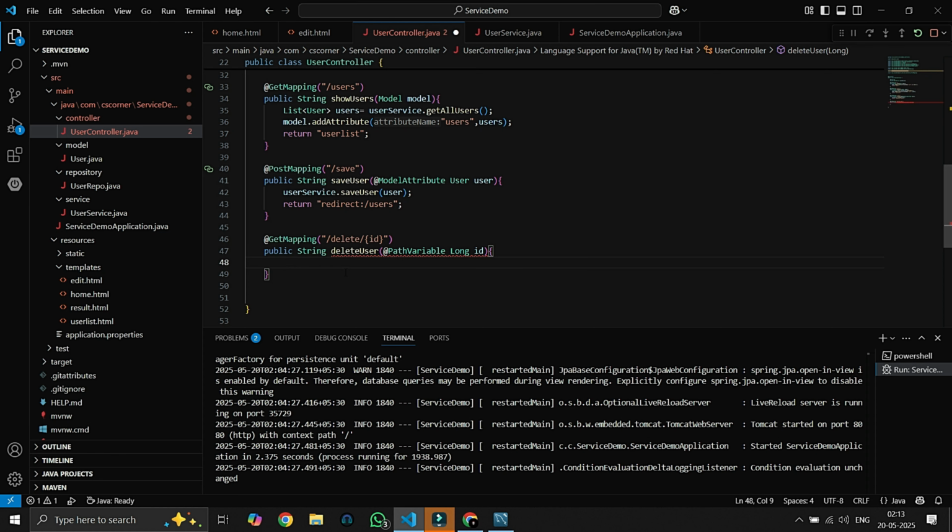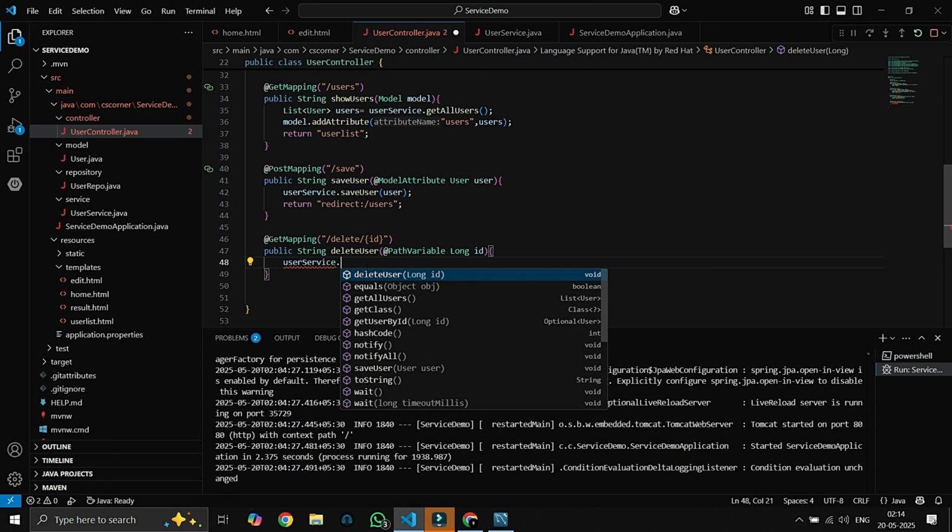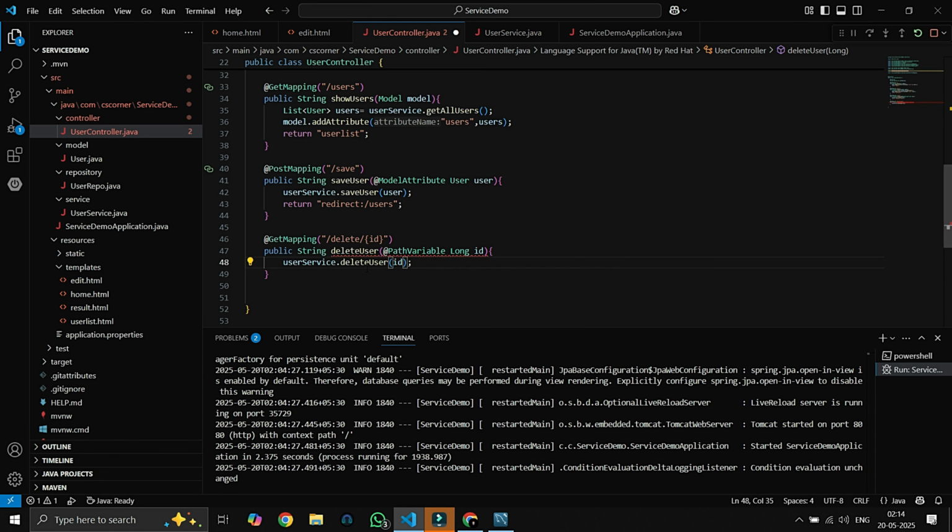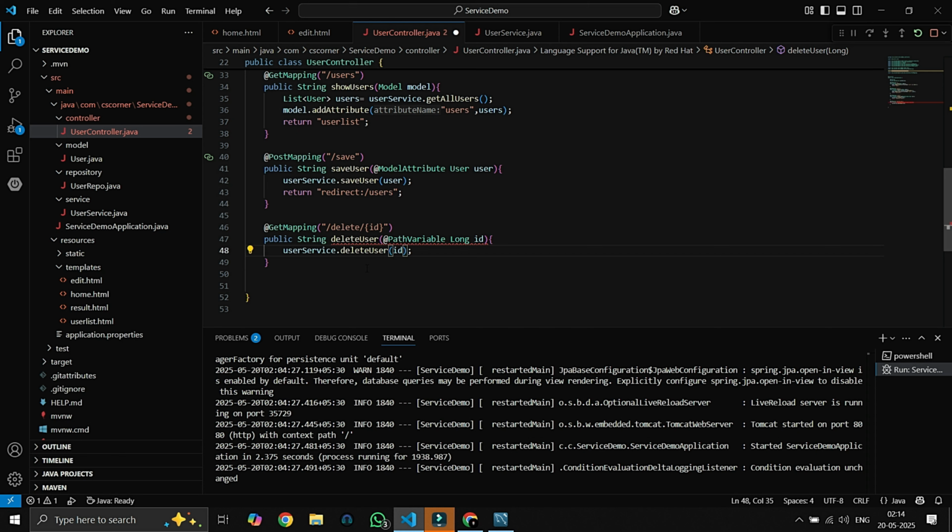So guys, you are thinking why aren't we using ModelAttribute and taking the object of the user directly so we can delete the user? But guys, you know what, we just need the id. So why would we take the whole object? We are only taking the id using our path. So that's why we are using PathVariable, to take values from our URL. So let us continue. Here userService.deleteUser(id), and it will return redirect